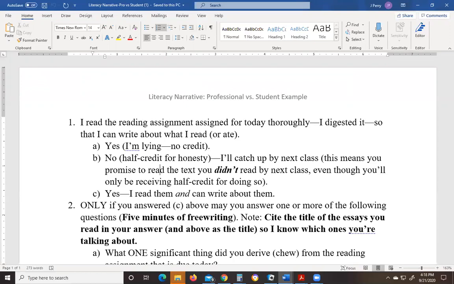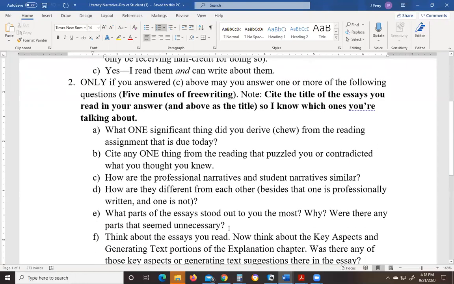And then finally, C. Yes, I can read. Yes, I read them and I can write about them. So only if you answered C above may you answer one or more of the following questions. You're going to do 5 minutes of free writing. For things where I have explanation essays or examples, I'd like you to cite the title of the essays you read in your answer. So you'll say, in this essay called,